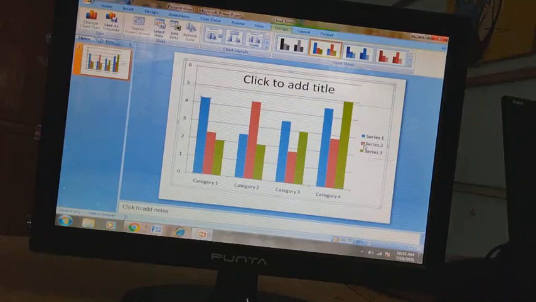Then the red one, this middle one, is Series 2. Then Series 3 is of green color. So the legend defines the color for our data chart. These are the components of our chart.